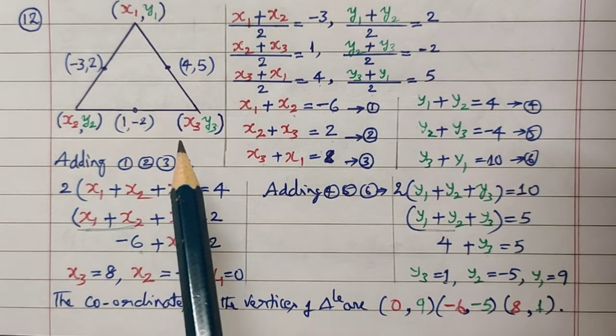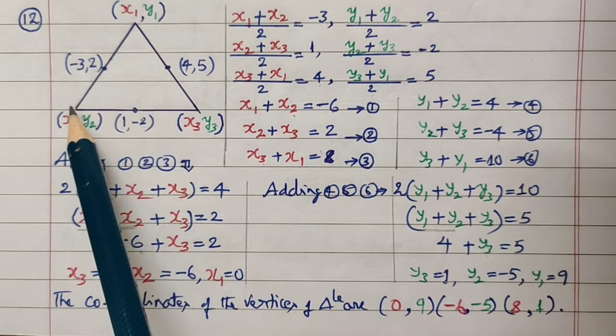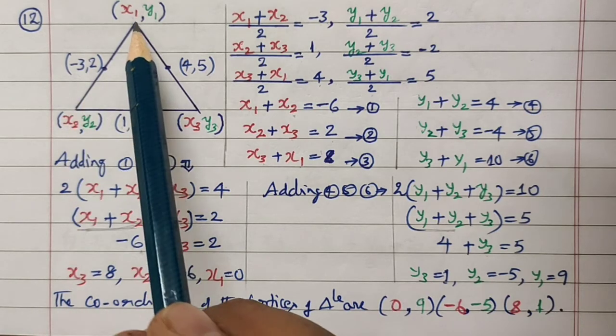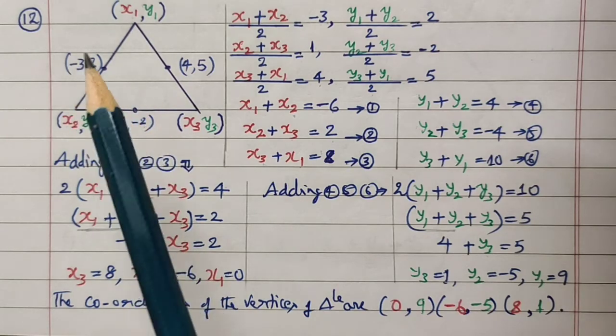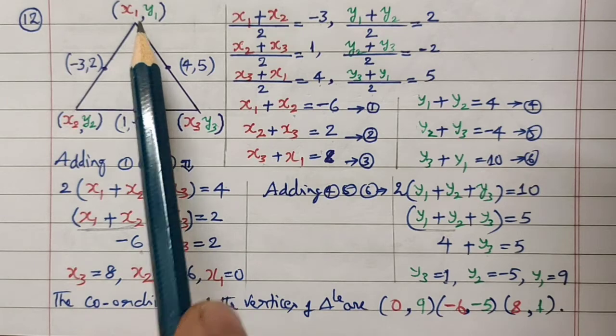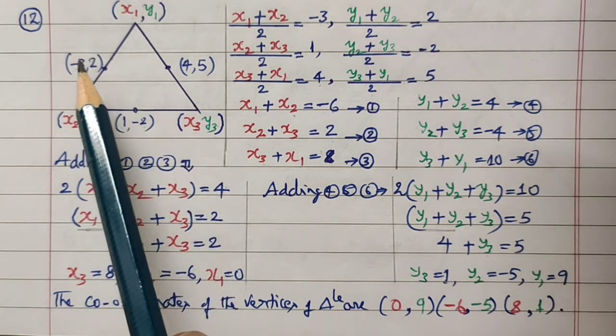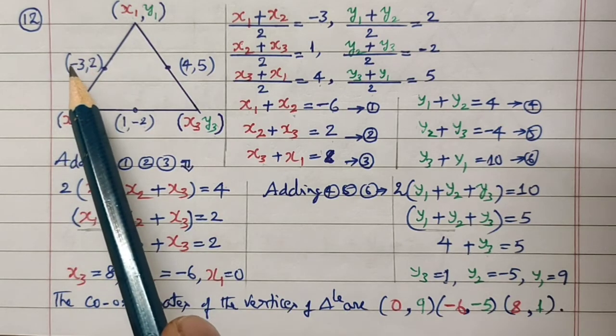Don't make it complicated. Just use the midpoint formula for each side of a triangle, because there are 6 variables. We get 6 different equations if you use the midpoint formula. Use the midpoint formula between this and this, this and this, and this and this. When you substitute the values using the midpoint formula, (x1 + x2)/2 is equal to minus